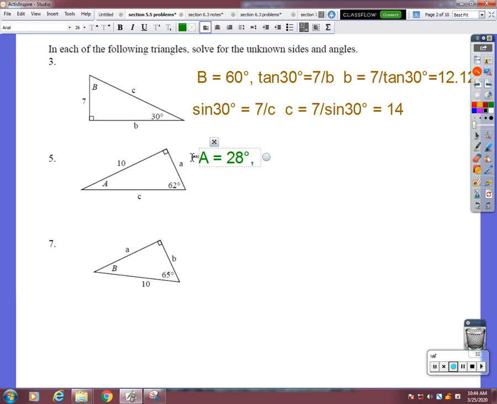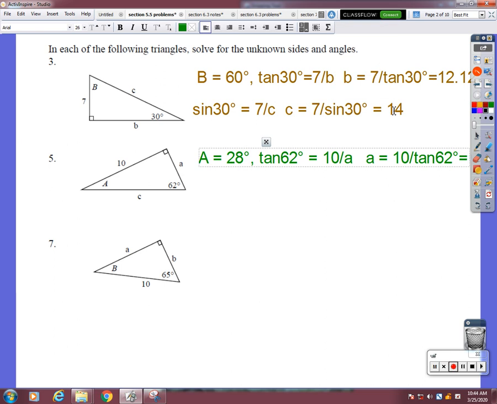Then if I want to find side A, and I know that this is 62, 10 is the opposite side, A is the adjacent side, so that means I'm going to use the tangent of 62 degrees is equal to 10 divided by A, which means that A equals 10 divided by tangent of 62,